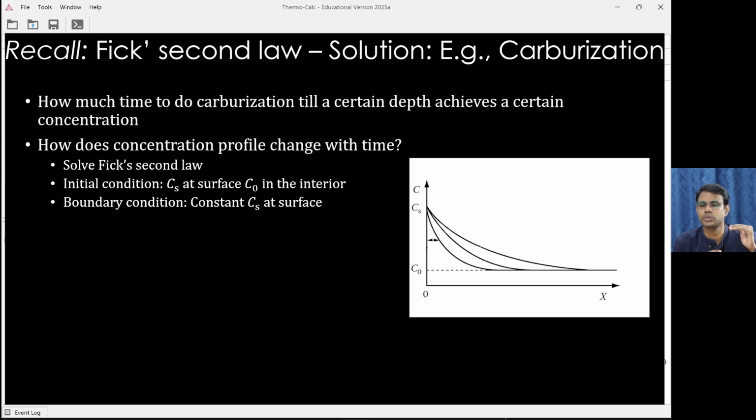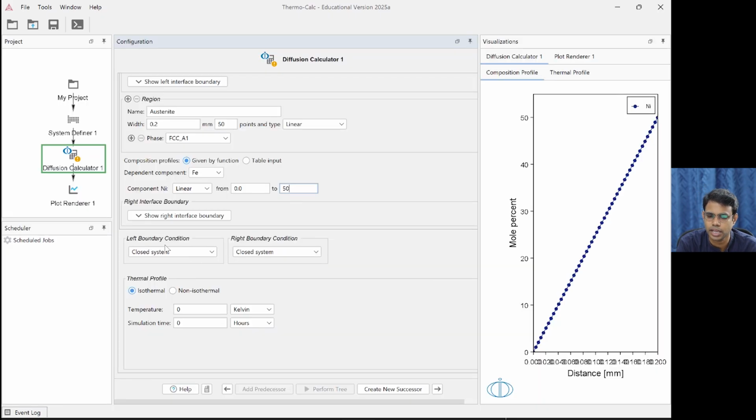So it's not that you supply some carbon and immediately as the diffusion starts, the carbon content will go down in the surface. That is not so. Continuously the carbon content will be maintained. So that is a boundary condition we said. That can be set up here. You can see left boundary condition, right boundary condition, both can be set up.